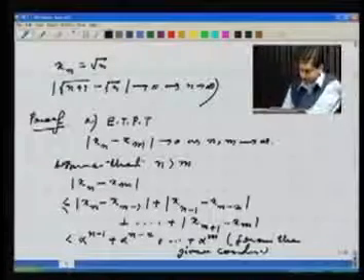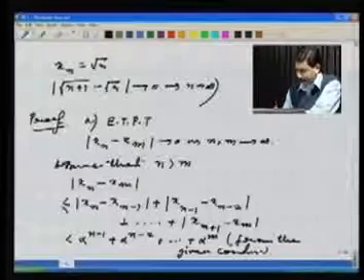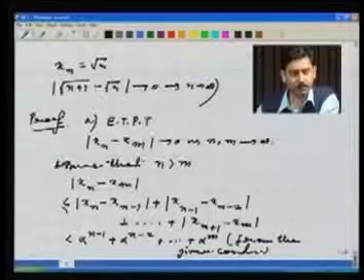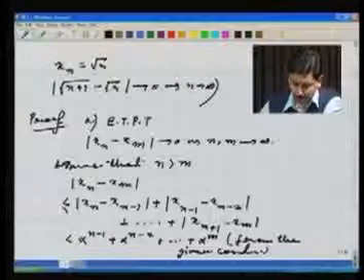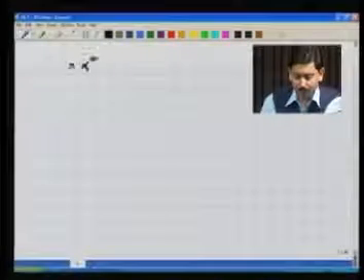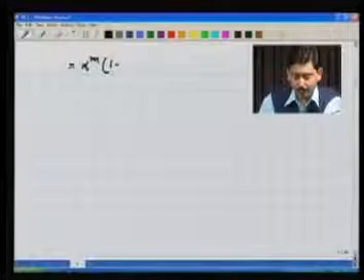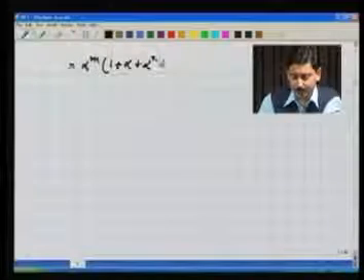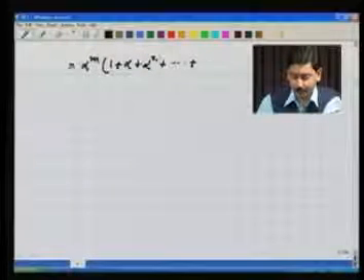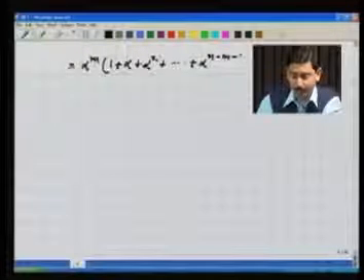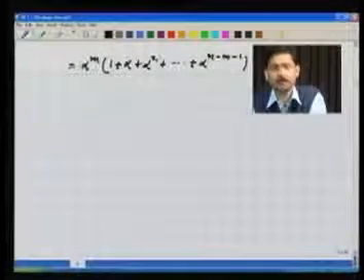Okay. Well, once this is given, I know alpha to the power m is the smallest power which is appearing here, right? So I take that fellow common. I get that this is equal to alpha to the power m into 1 plus alpha square plus...